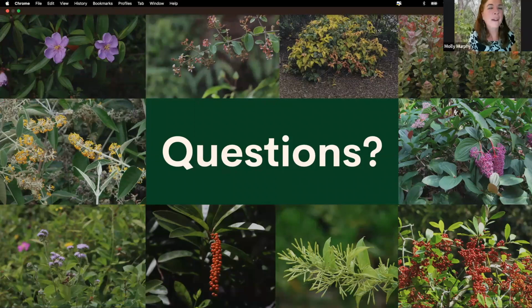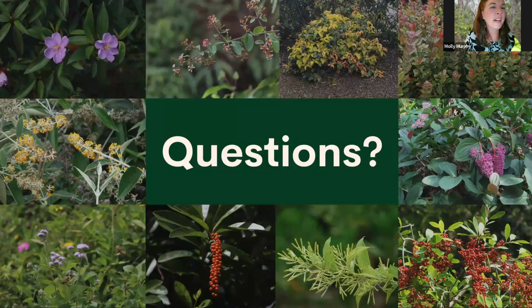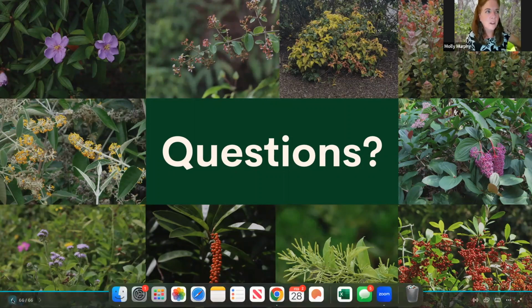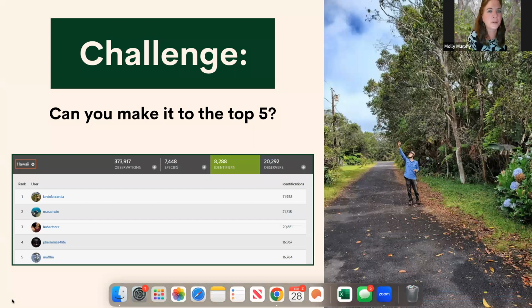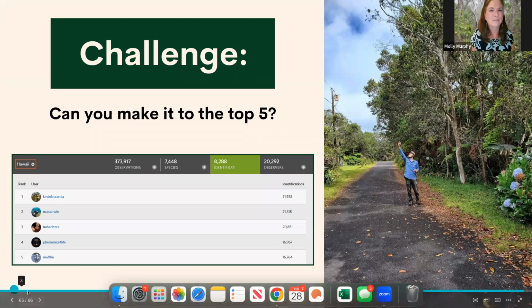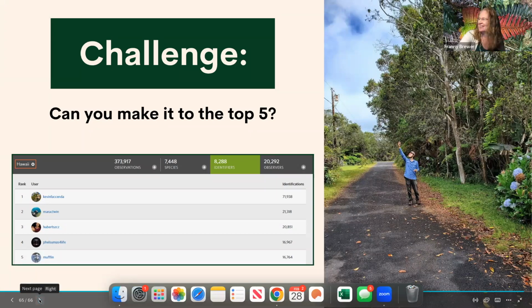I would like to say about the last picture that we saw, that was Kevin trying to get his Wi-Fi signal to upload plants to iNaturalist outside of Volcanoes National Park. That's how hard he tries to help train the AI. He's a hard worker. Wow, we need that level of commitment for sure.